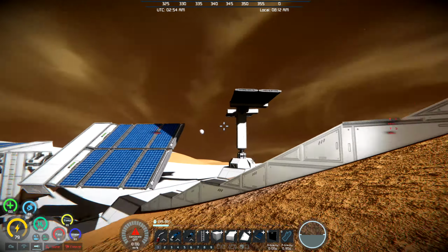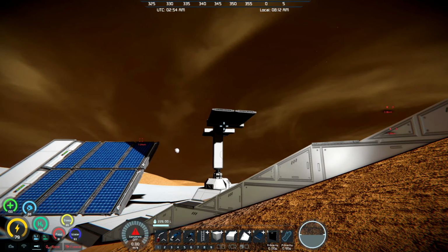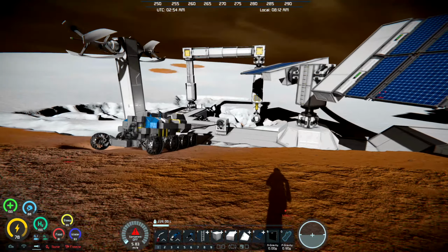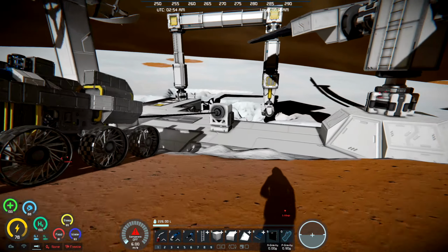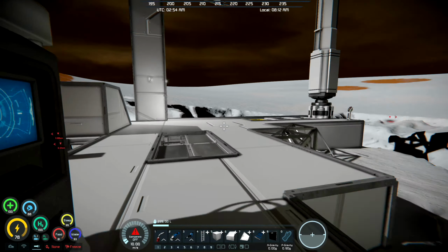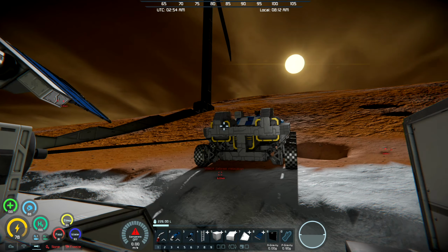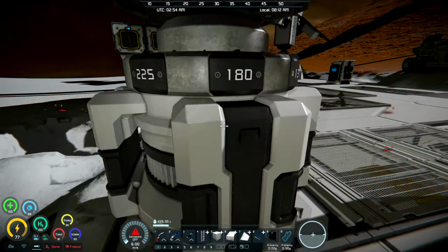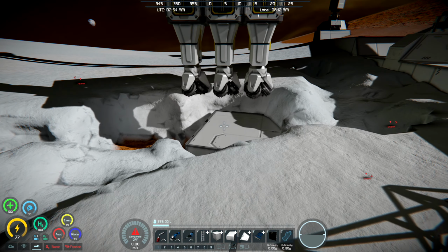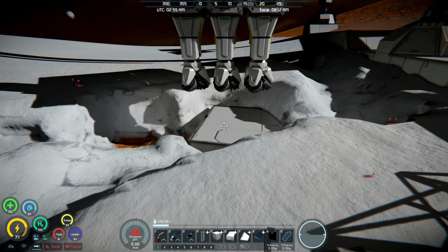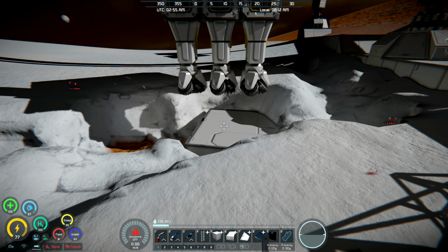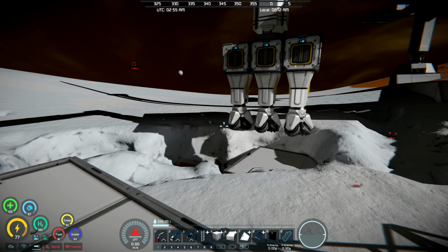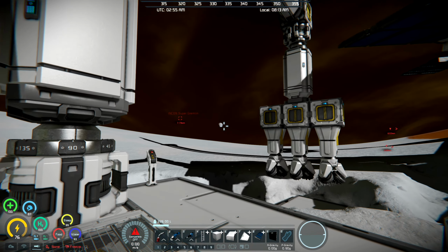So, we've got the big wind rotor. I want to get some more solar panels built on there, so we might work on that in the episode. I also wanted to work on the rover, so we might do that. So, you can see I've been drilling a lot of ice. I drilled that ice out, and then there was a little bit of a gap above the hab, so I filled that up with steel blocks. I think